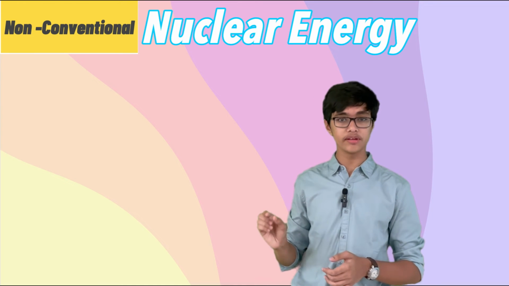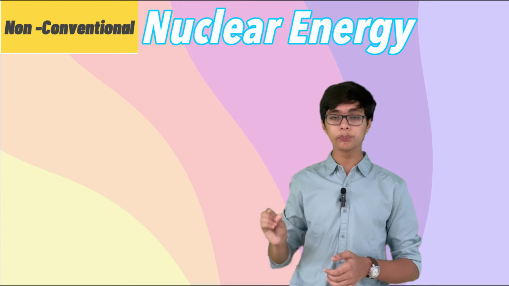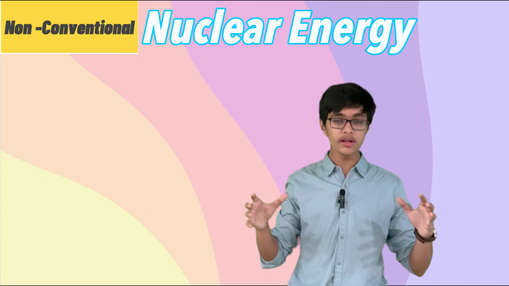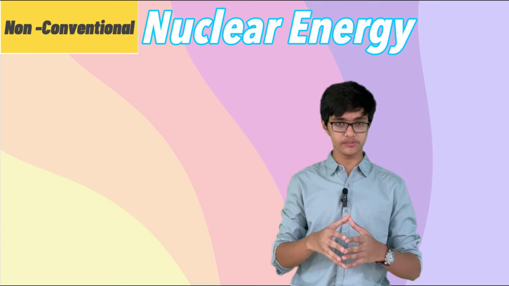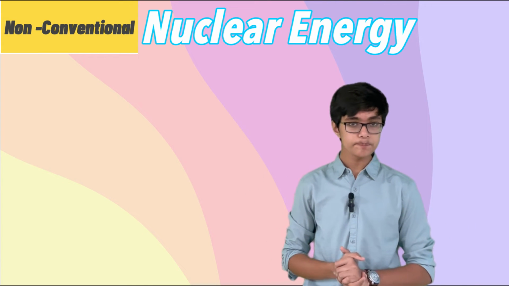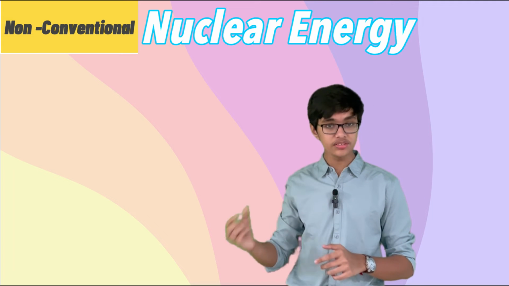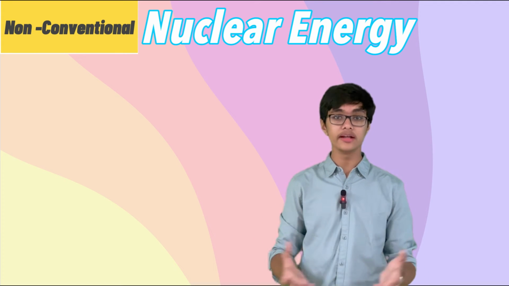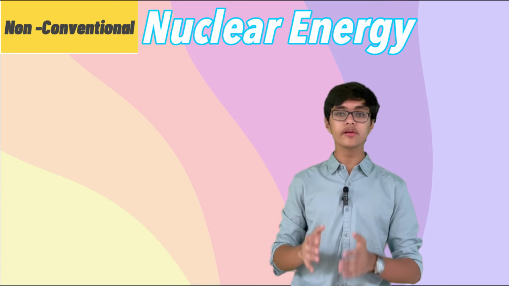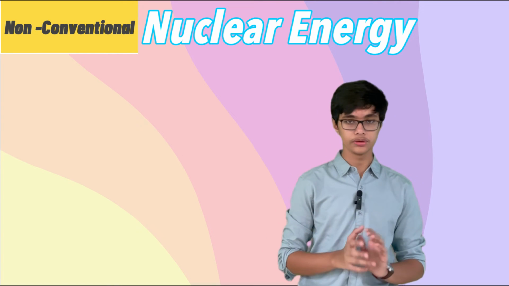Now, the atoms of these radioactive elements undergo a process called fission. Fission is the opposite of fusion. When we say fusion, we mean the mixing of two substances, whereas in fission, we mean the breaking apart of two substances. So, these atoms go through fission and hence produce energy. This nuclear energy can be used in many ways to replace things like coal, petroleum, etc.